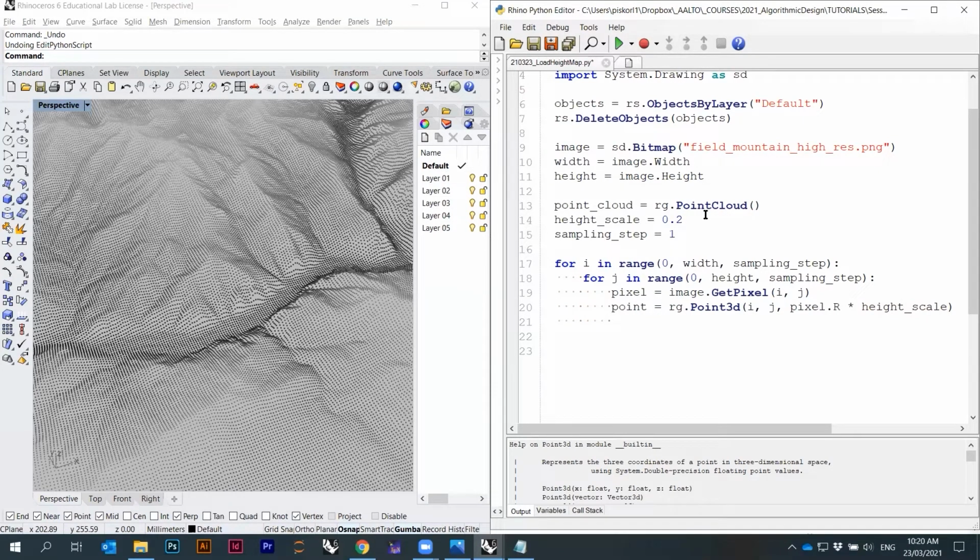I can actually put the height scale here to 1.0, so you can see what happens when the height scale is just 1. It will be a very stretched terrain. And then later we can stretch it back down. Okay, so that's my point. And that's it. I could basically just draw this point directly, but